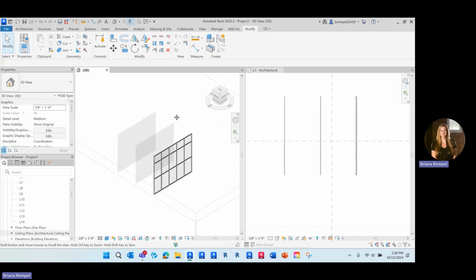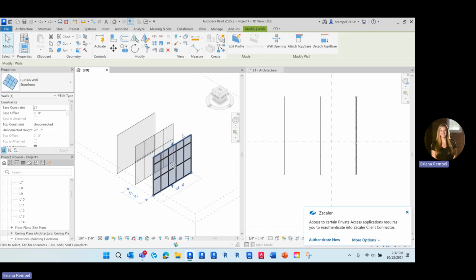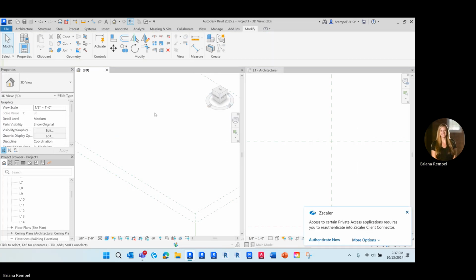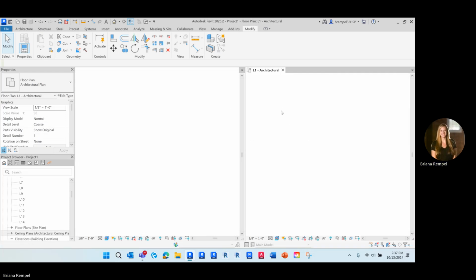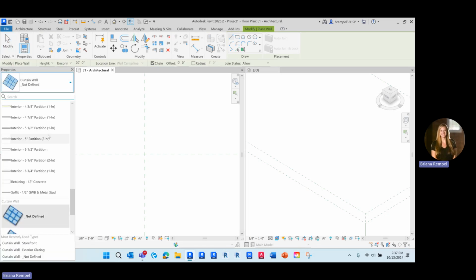So to start, we're going to use the storefront. Oh, sorry, the exterior glazing. So we're going to use this as if it were the exterior skin of a building. So I'm going to go ahead and delete these three here. I'm going to switch those views over. There we go. All right, so I'm going to use my shortcut WA for the wall command, and I'm going to